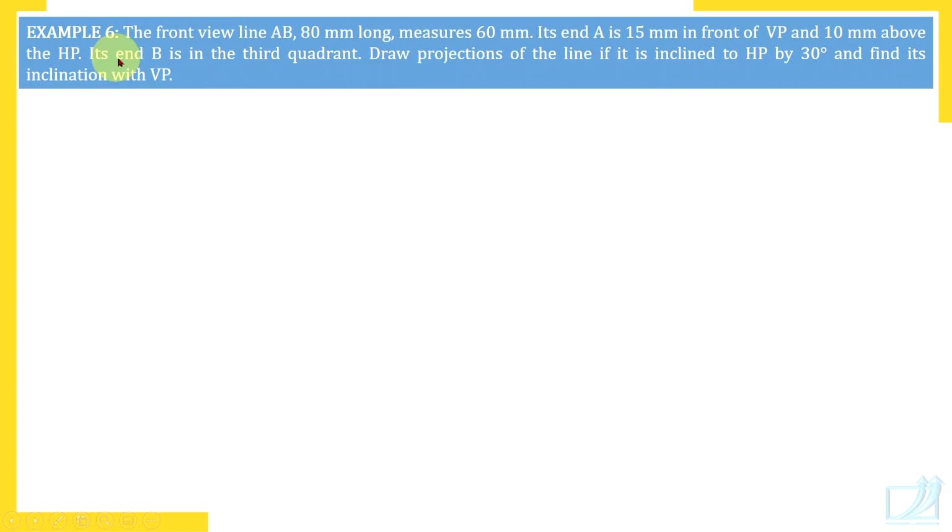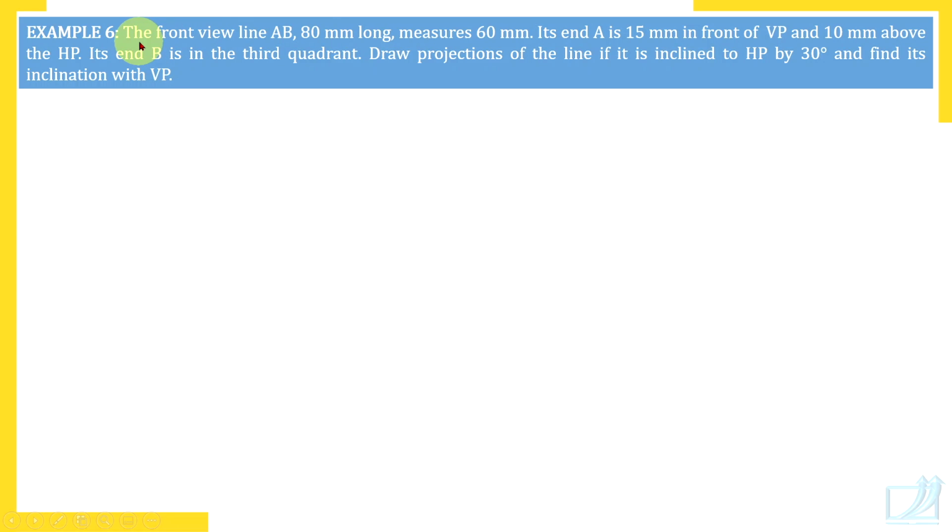Read this problem. Front view of line AB 80 millimeter long. Let's write data immediately. True length is 80. EL, that is front view length, is 60. Theta is 30 degrees. Watch here. Front view of line AB. Read this problem. The front view of line AB 80 millimeters long. Check here. It's not mentioned that line AB is 80 millimeters long. It is very clear. Front view of line AB is 80 millimeters long. That means,